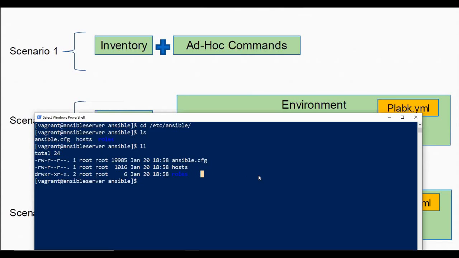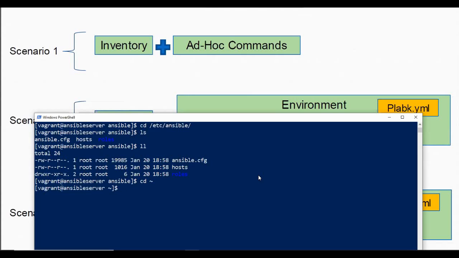So this is a simple environment that gets created automatically when you install Ansible. Now, it is not necessary that you build all your code or write your playbooks inside this /etc/ansible location itself. You can of course keep that outside, inside your user home directory as well, and that's what I have done in my case.